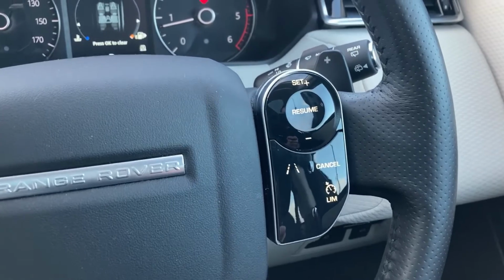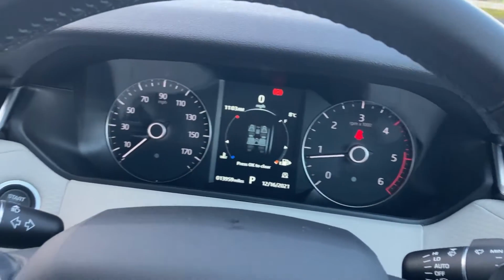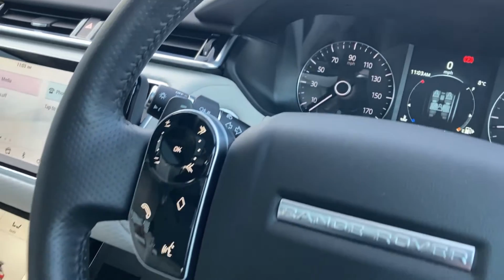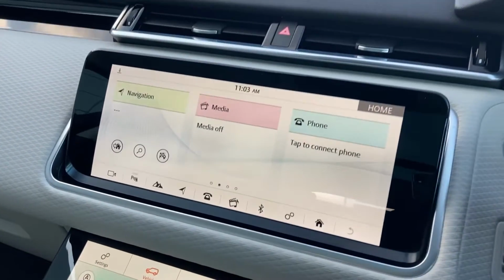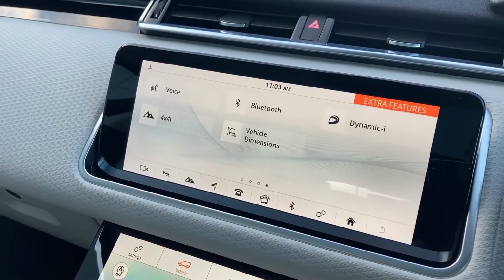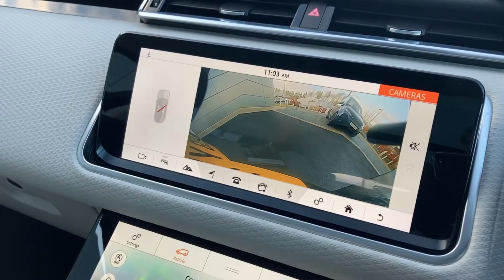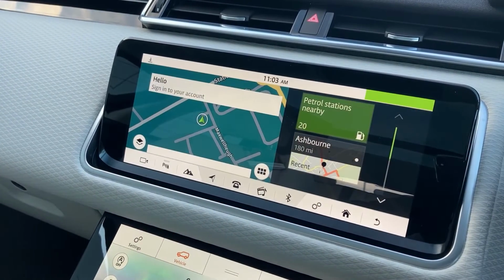On the steering wheel we have the cruise control, the wiper stalk there, the digital dash display, and the hands-free mobile controls. Coming to the touch display, we have the Android Auto and Apple CarPlay. We have the rear camera, the satellite navigation,